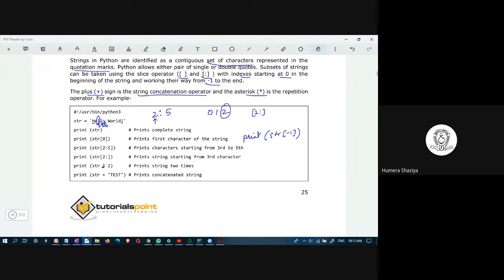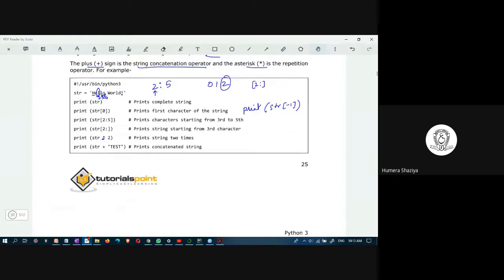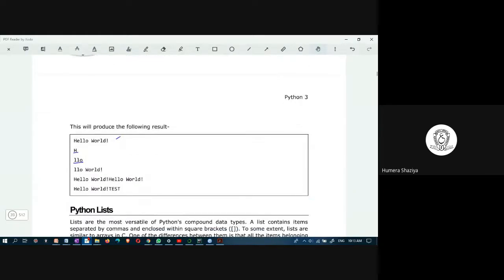Str plus test means concatenation, combining. So this is beginning at 2 and going till the last. This is 2 colon. This is 2 colon 5. This is 0. And this one is str into 2.